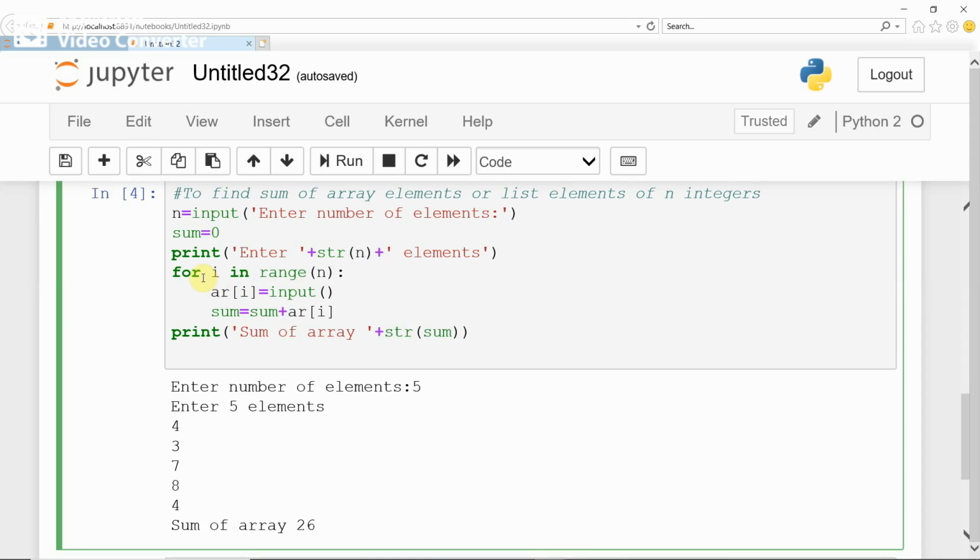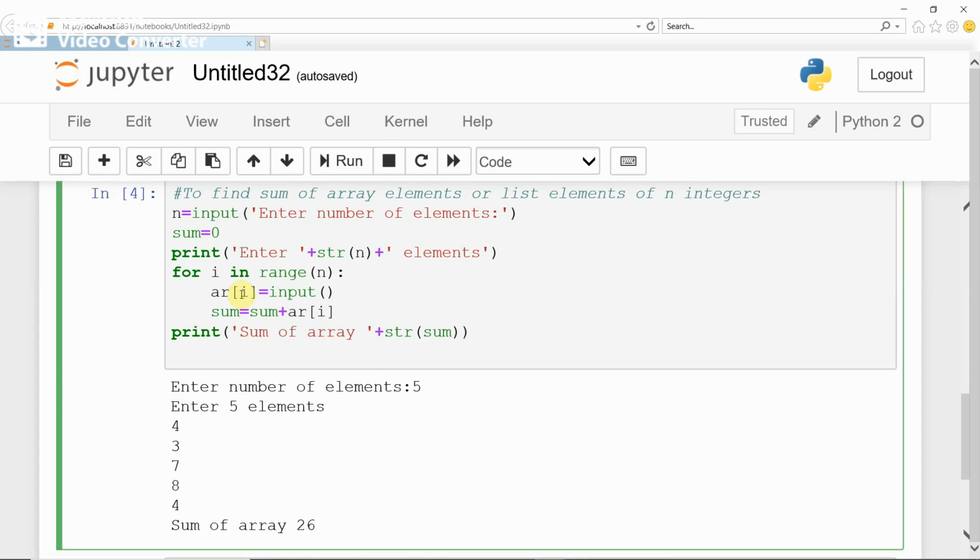Now for i in range n, because you are going to input n elements, the loop should iterate from 0 to n minus 1. ar of i equal to input, whatever you input will be stored to ar of i. You can input any type of element, any type meaning either integer or float.